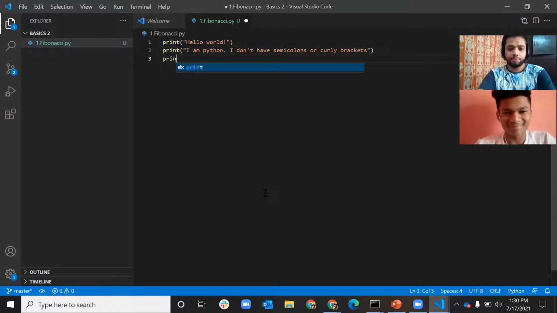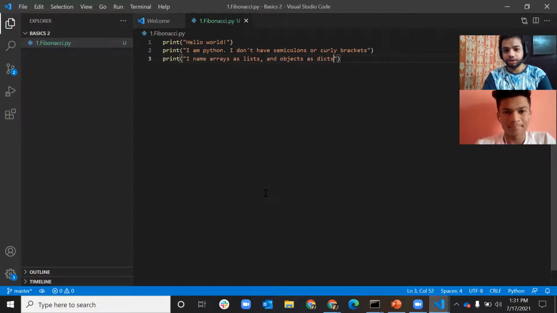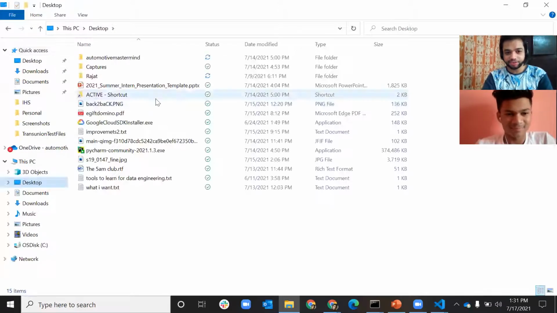Okay, print. I name arrays as lists and objects as dicts. Let's just leave it. I'm just printing it over there, so we have something on the screen when we start the program. So it should print 3 statements in 3 lines.